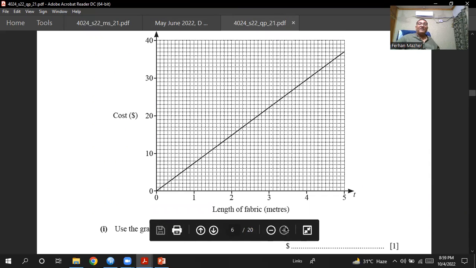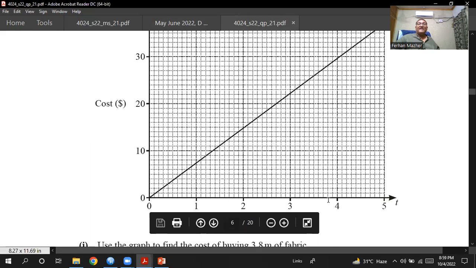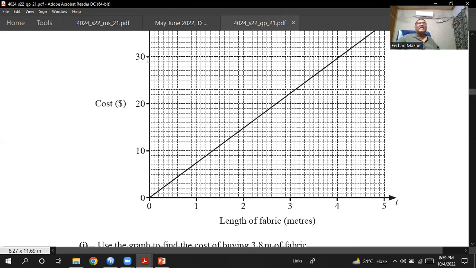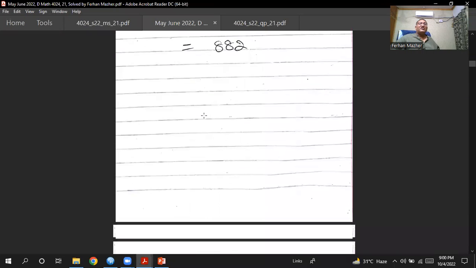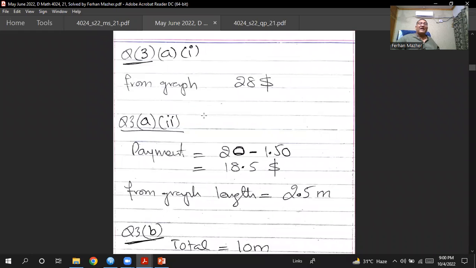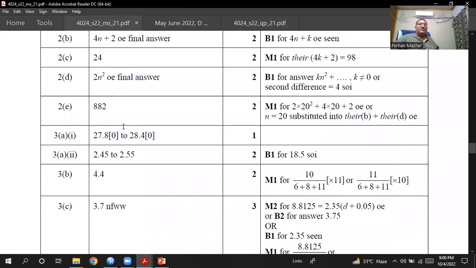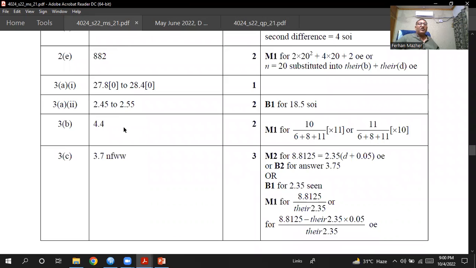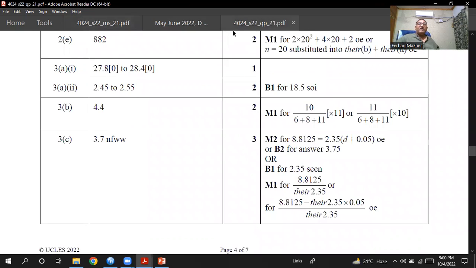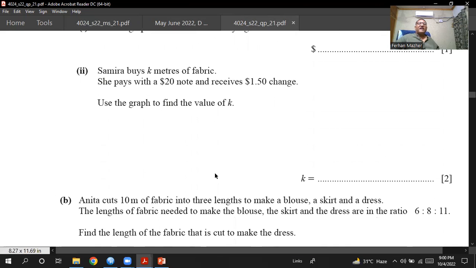So very simple from here. This is 3.8. From here you will go to the graph, and from here you will draw a line. So it will be something like $28, I think. So let me show you. From the graph, I can tell that the cost of that fabric will be $28. So it will be $28. So our answer is right. Okay. So the next question they are asking says